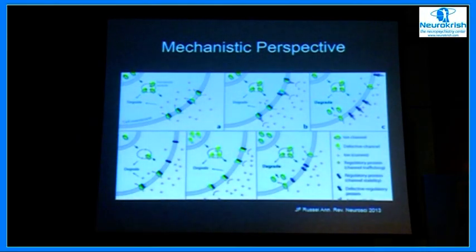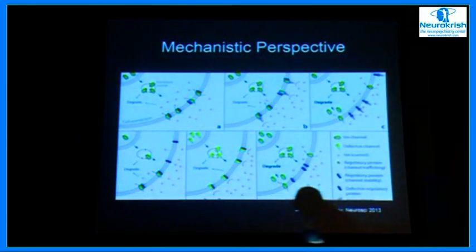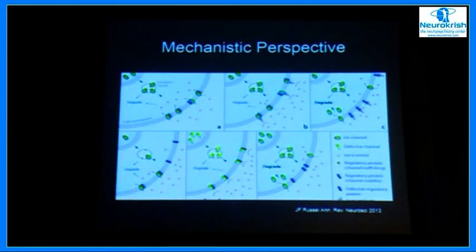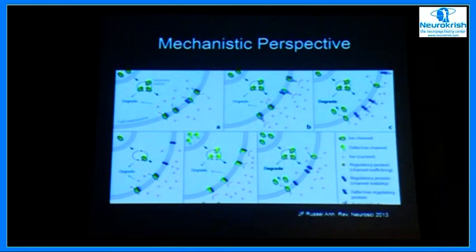So here, this is a cartoon, which actually, this is a review article which came in 2013, which shows the normal synaptic cell membrane with the vesicles, with the channels coming down, and basically antibodies can affect the channels, or even the regulatory proteins which affect the channels. So you can have antibodies at different levels which can cause dysfunction. Similarly, genetic disorders, mutations can also cause dysfunction at various levels.